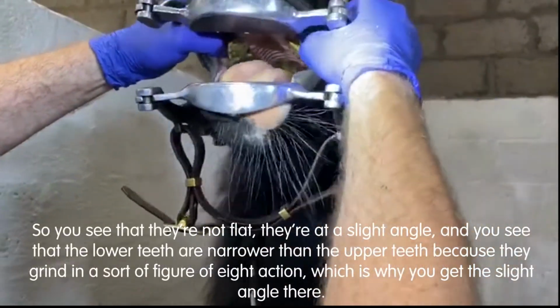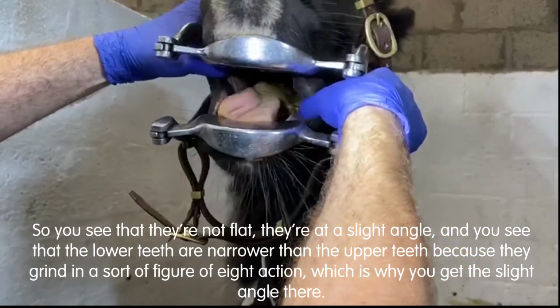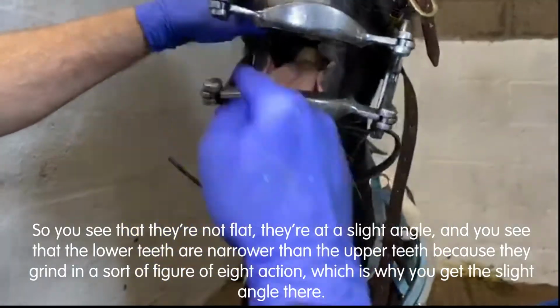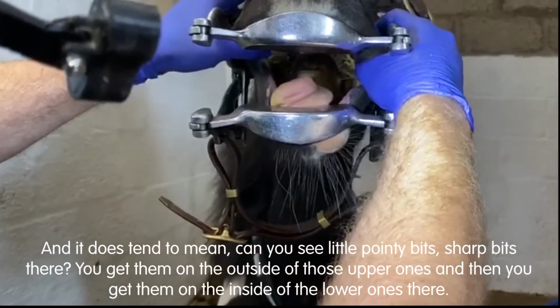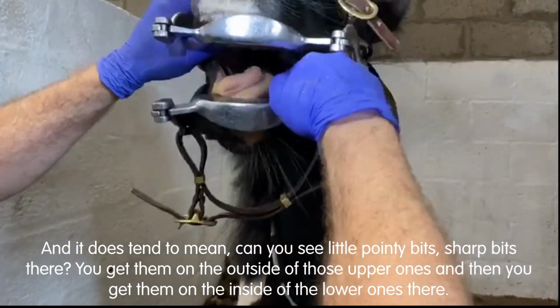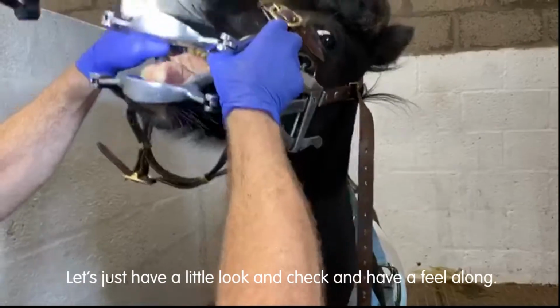You see there? So you see that they're not flat, they're at a slight angle, and you see that the lower teeth are narrower than the upper teeth because they grind in a sort of figure of 8 action, which is why you get the sort of angle there. And it does tend to mean you can see little pointy bits, sharp bits there. You get them on the outside of those upper ones, and then you get them on the inside of the lower ones there. So we'll just have a little look and check,